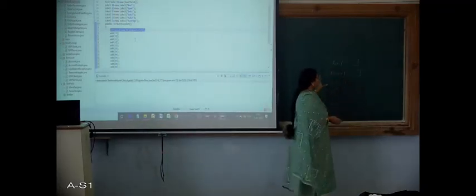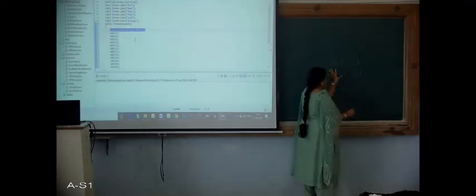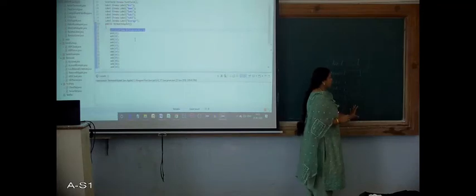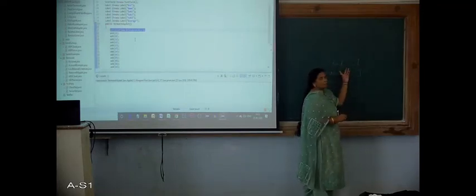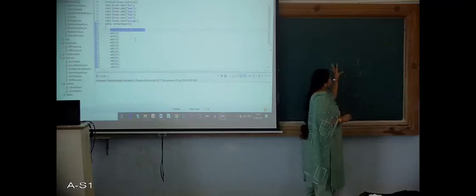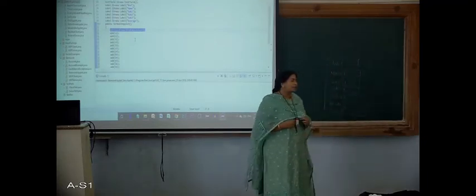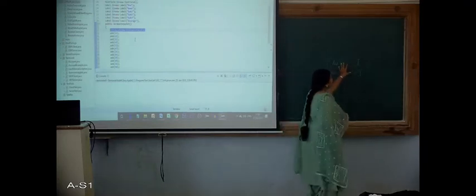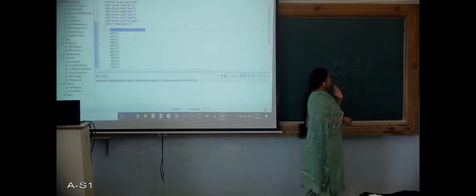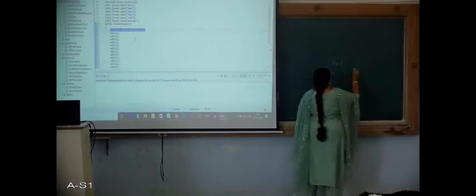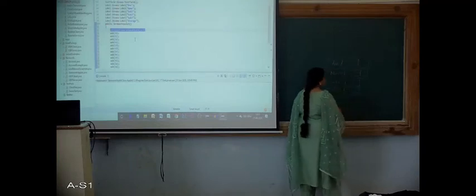How I want the output is, see, this is one column, this is another column. You can just imagine that these are two columns, right? So in the first column, I want all the labels to be displayed. And in the second column, I want all the text fields to be displayed. And how many rows can we have here? 1, 2, 3, 4, 5 and 6.